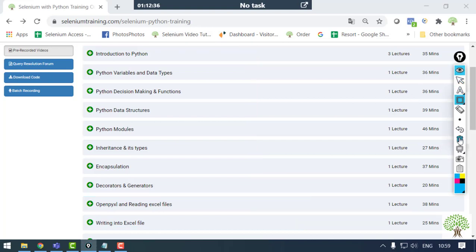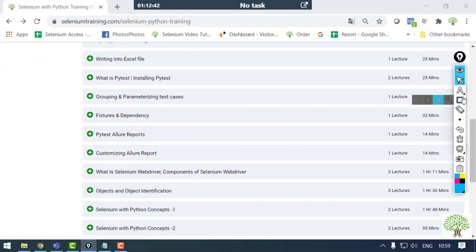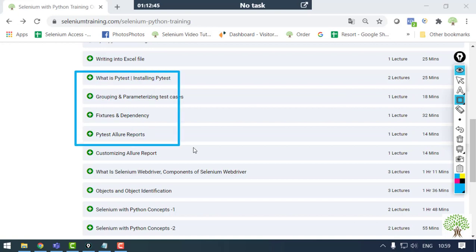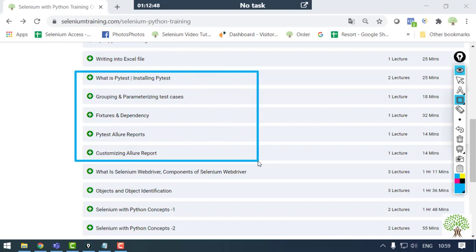Once you have learned the Python basics, you will move further to another topic, which is PyTest. Now this PyTest that you can see over here, it's a framework for writing the test cases. The controller that we have talked about, this is the controller. The PyTest is the controller. It will help you to generate the reports. It will help you to add the screenshots and many things it's going to do. Fine. So once you have done with all these modules, you will understand yourself why it is important.